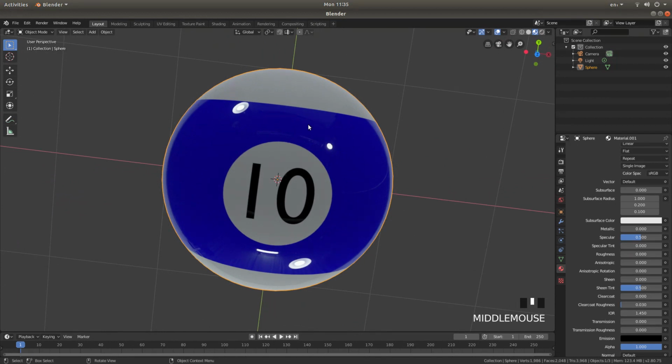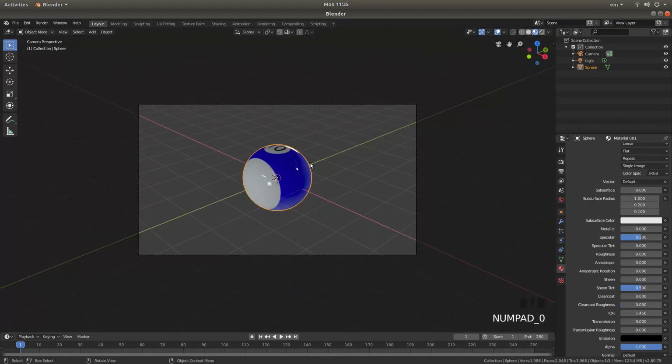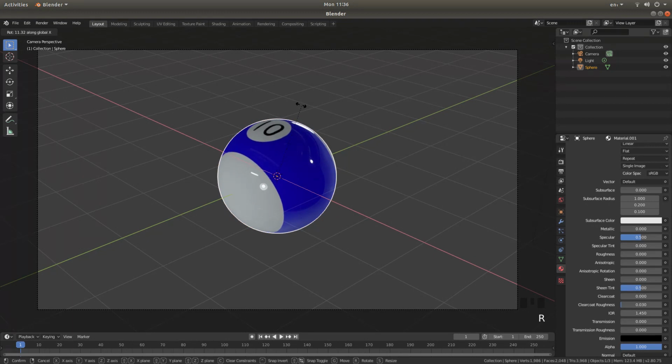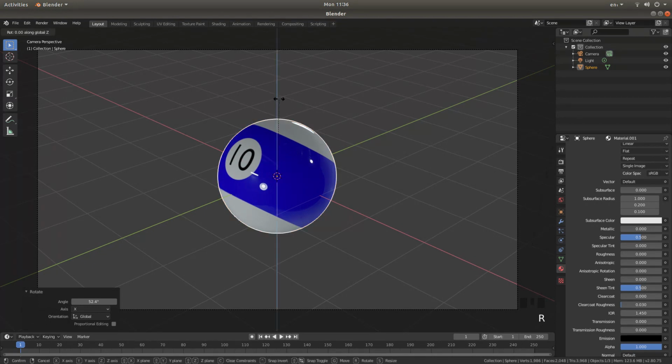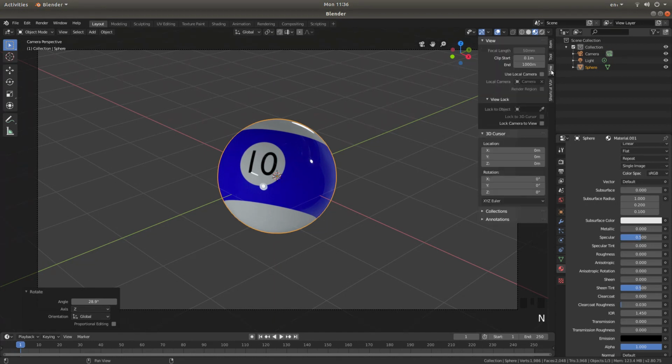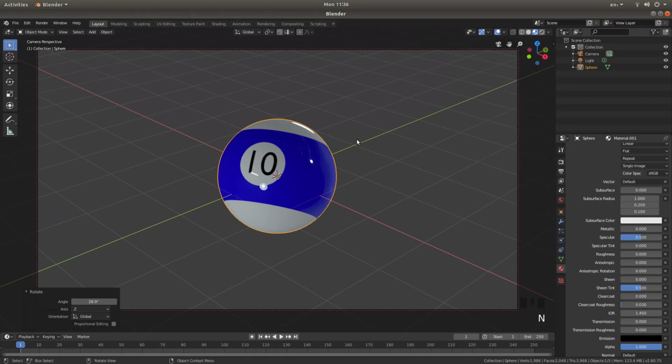All I'm going to do is just press 0 on my numbers pad, which will take me into camera view. Roll my mouse to get a decent view, and then I'm going to rotate this on its x-axis by pressing RX and move my mouse, and then RZ to rotate it on its z-axis, so I've got a reasonable view of it. I'm going to press N, left click on view, and then again lock camera to view, N to close this down,